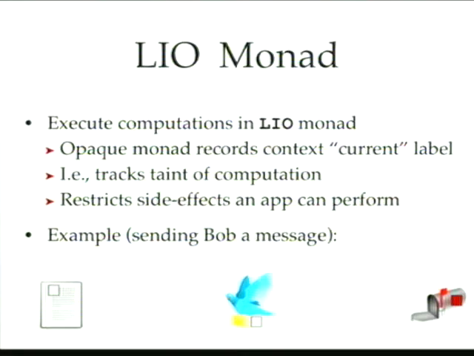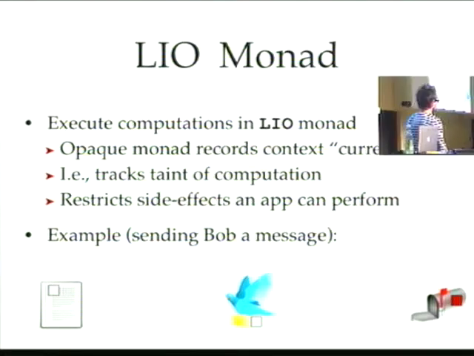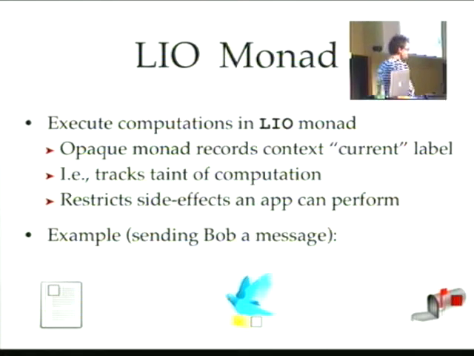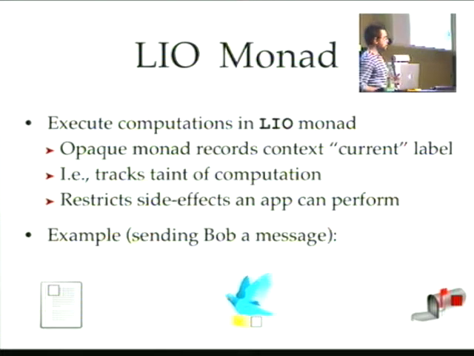Okay, so with that in mind, that we can label, say, messages and so forth, the way we enforce information flow control at the computation level is by using a new monad called LIO. Now this monad is opaque, and all it simply does is keep track of a current label. This label is in a sense a taint on what the application has read. So if you've read some sensitive information, this will be reflected in the state. And because this records what you've done so far, from now on we can restrict you from, say, talking to the TSA.